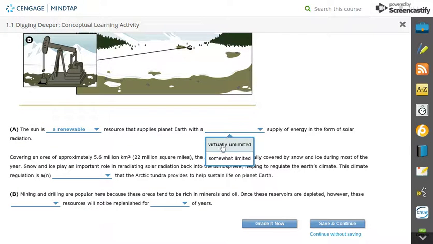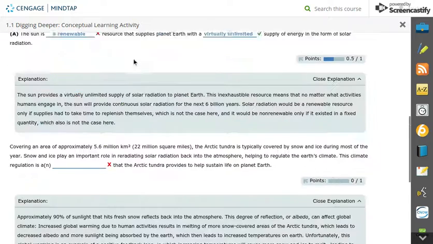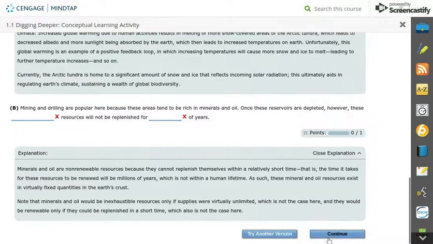Okay, I'm not going to spend time here. And so you can save and continue or grade it now. If I click grade it now, it gives me my specific score for that. So I got 0.3 out of 2 points. Not great. But you get 3 attempts, and out of those 3 attempts, it's going to keep the highest. Okay, so if you want to try a different one, if you do poorly, like 0.3, you can try another